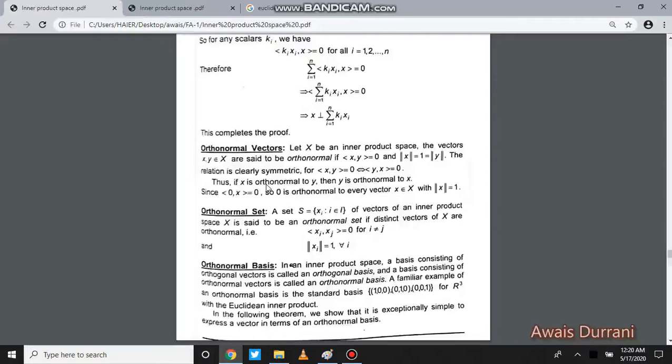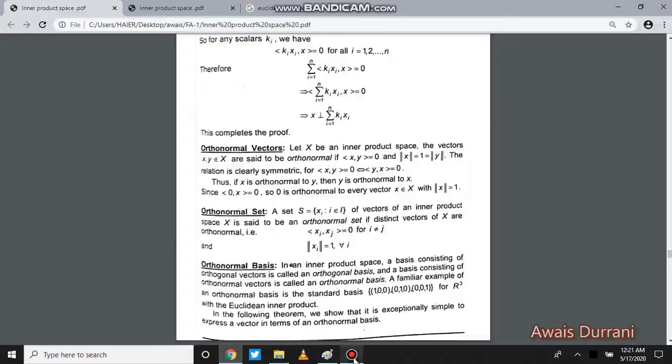As we studied in the previous definition, 0 is such a vector whose inner product with any element of an inner product space is equal to 0, and we know that along with the condition that norm of x will be equal to 1. So if any element x whose norm is equal to 1, and we take its inner product with 0, of course it will have the result as 0. Therefore any element in an inner product space that has norm equal to 1 will be orthonormal to the element 0, the 0 vector, you can say.